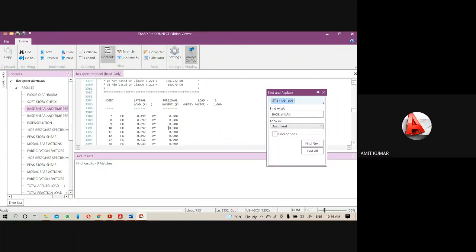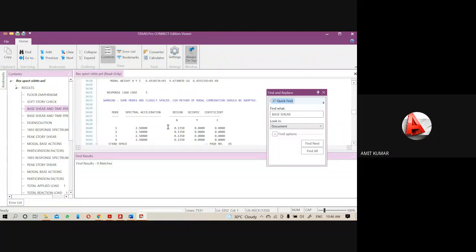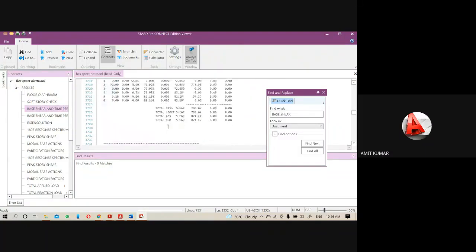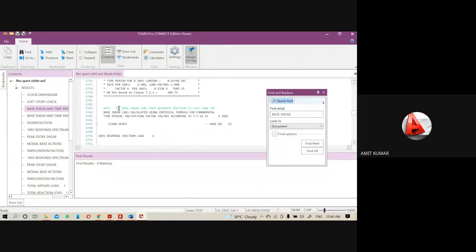So here we are not getting this type of warning. But sometimes if you get this type of warning, let me check it. Yeah, we are getting it here. The base shear from response spectrum is less than the base shear calculated through the software, and the multiplying factor is 1.3681.